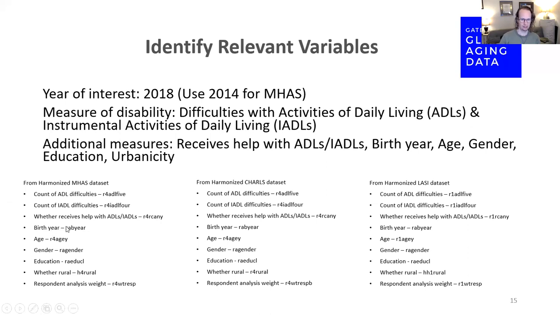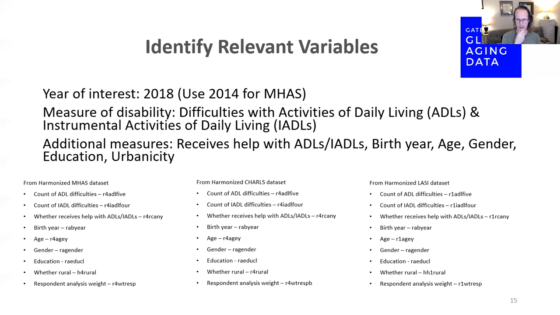Or if you look down here, a variable like birth year, you can see it's RA B year, and that means we think it's kind of a lifetime variable. It's not something that's going to change. Your birth year is set when you're born, and it's not going to change wave to wave. So you don't need a birth year at wave 1, a birth year at wave 2. So we call that an RA or